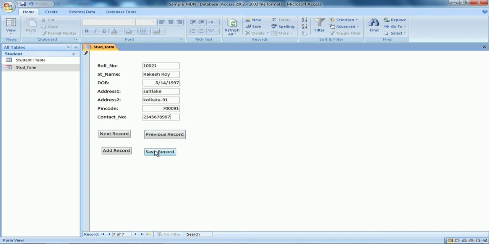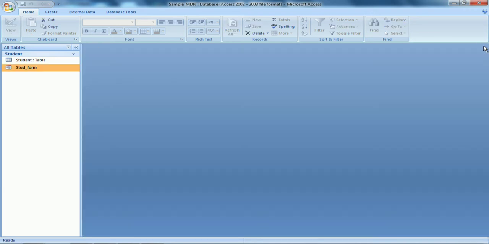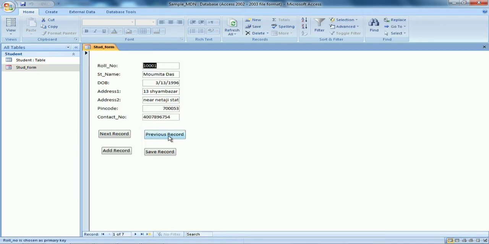Contact number. Now I will click on the button called save. So when I click on save, the form remains here as it is, but we can still view the record when we close it because I have already clicked on the button called save. So this data is saved.